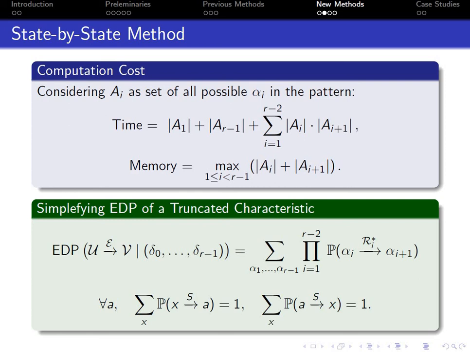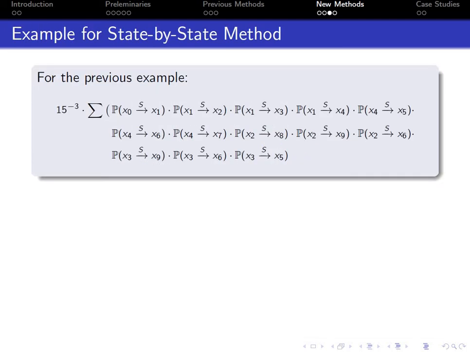Generalizing these equations for an S-box layer, it will be the same condition for the first and the last S-box layer of the truncated characteristic. So it will be again with probability 1, and we can remove it from our equations. Using only the previous technique, removing the first and the last S-box layer, for the previous example of 5-round MIDORI,